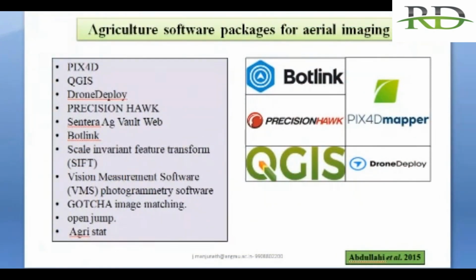And these are some softwares. Why am I telling you about these softwares? These softwares are very important while flying the drone. We are using the AgriStat app, which is very useful. We can control the drone with the RC up to 80 meters height from the ground, and from a distance we can observe up to 100 meters. That's why it is very useful. So these are some very important softwares, especially for any drone technology. Next,